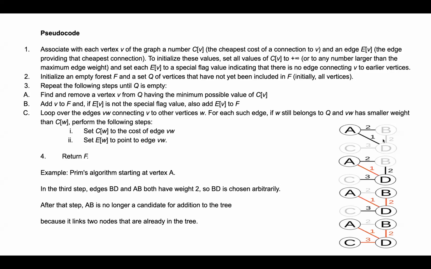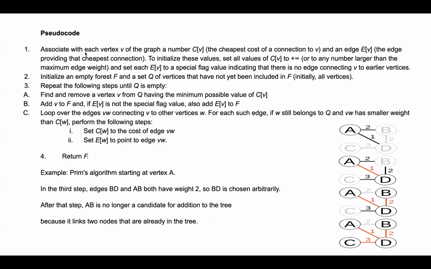A, B, C, D are the four vertices there, and four steps are there for that. Here the first step: A, B, C, D, all are a weighted and undirected graph. We can start arbitrarily from any of the vertices. Then we will see what is there in the pseudocode.